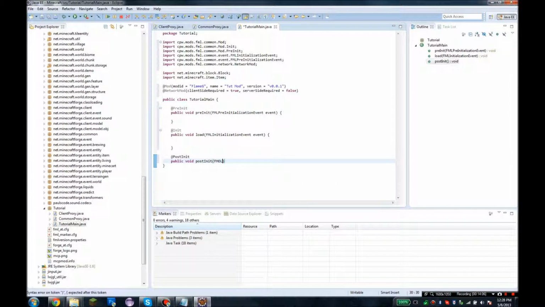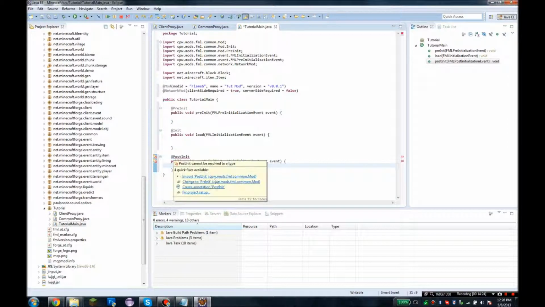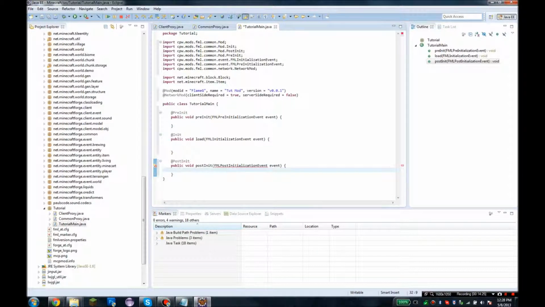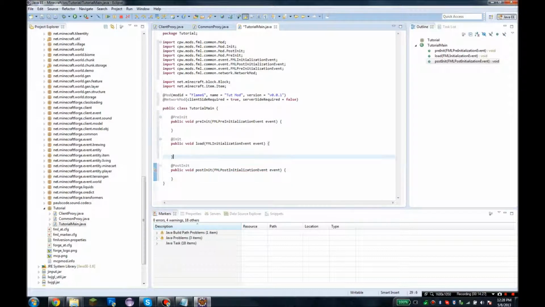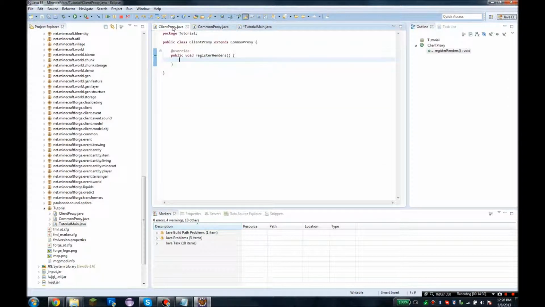FML. And if you don't know what FML stands for, it stands for Forge Mod Loader. Just to clear that up, FMLInitializationEvent event, and there you go. You got your base all set up, and that should be good all for setting up. And you're going to want to first of all,